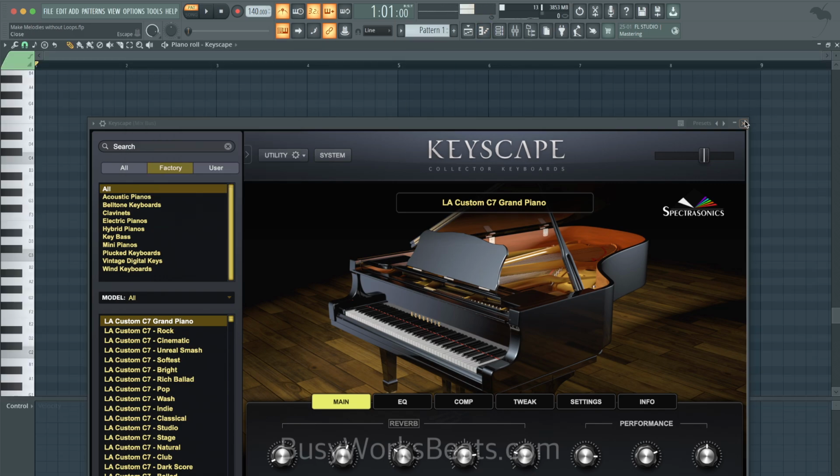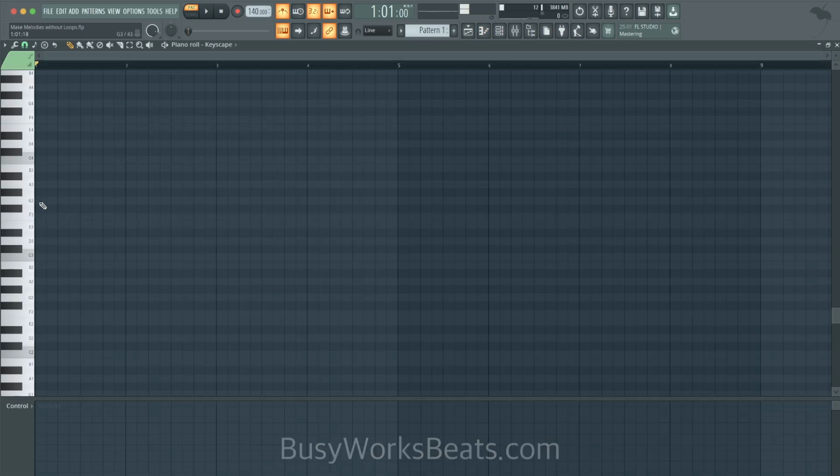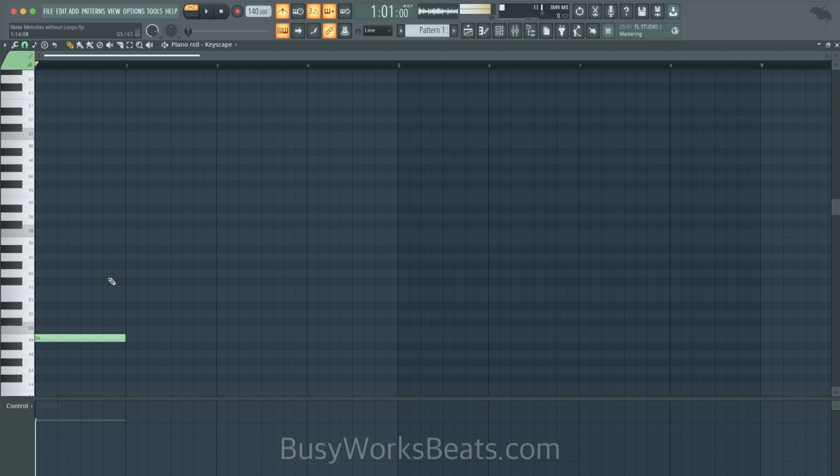Let's open up the piano, and I'm going to show you a simple technique. I'm going to close my eyes and pick a random note. Okay, so we landed on B. You don't even need to know what this note is. Count up 7 notes from this note.